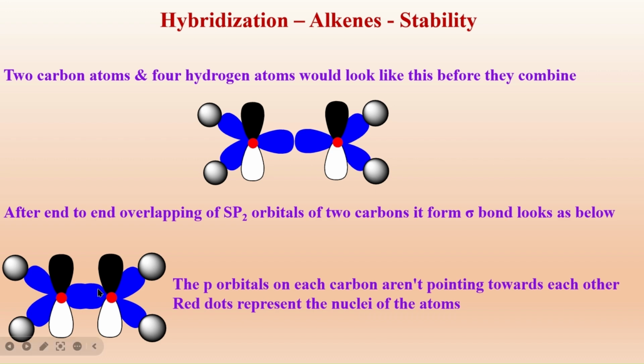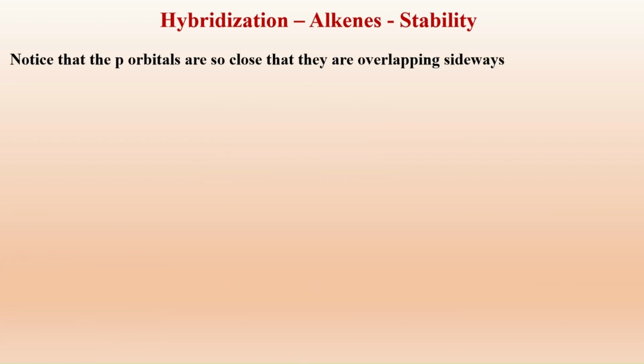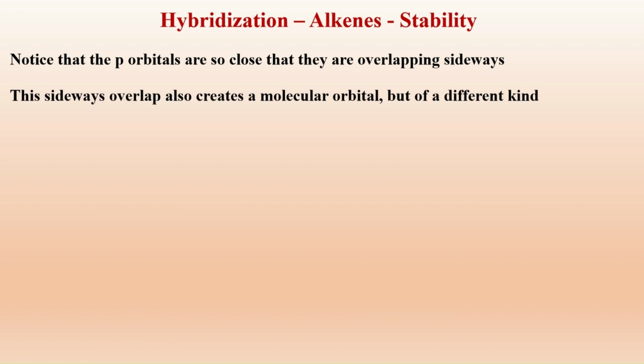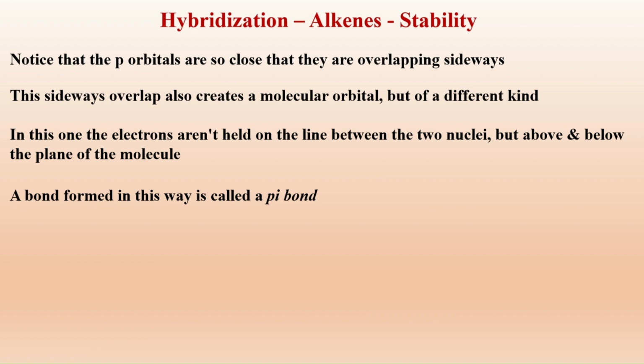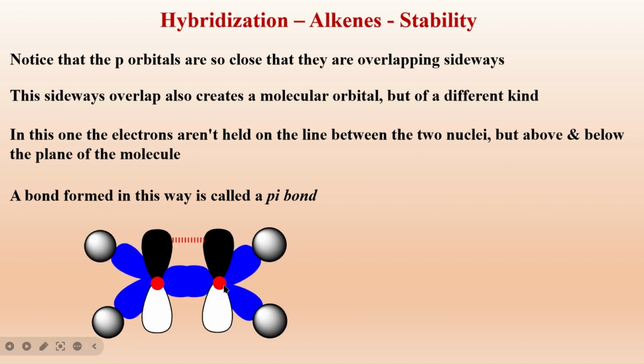The red spot is the nucleus of the atom. This p orbital, which is adjacent to the other, and they are perpendicular to the plane of the sp2 hybrid orbital, are side by side to each other. As they are not pointing towards each other, they cannot undergo end-to-end overlap, but still this p orbital has one